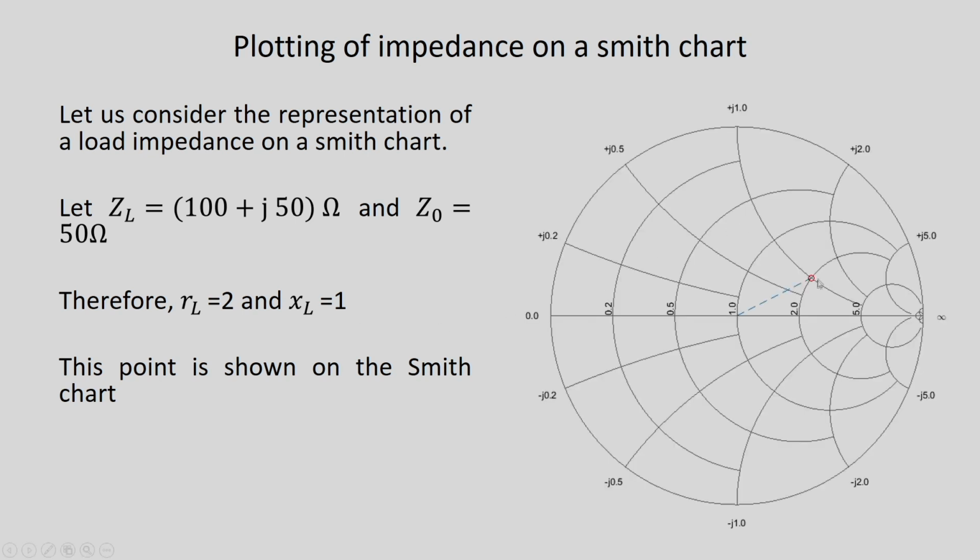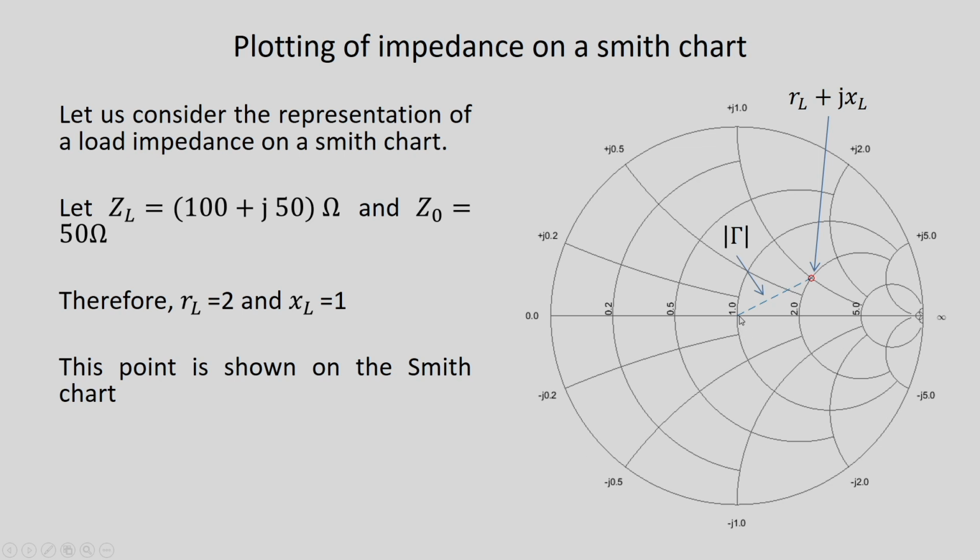So, this is the point which is determined by the intersection of R is equal to 2 circle and X is equal to 1 circle. So, this is the point denoted by the